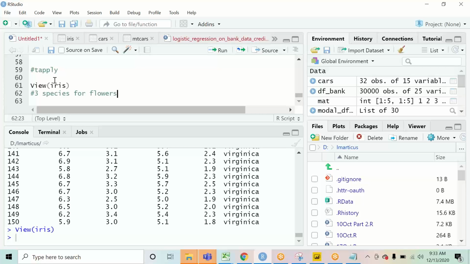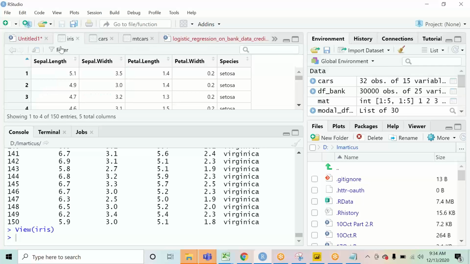So how will you do it if you do not know what exactly a tapply function is? What approach will you take? You have to give me the average. What is the average sepal width for each species? How will you give me that output?